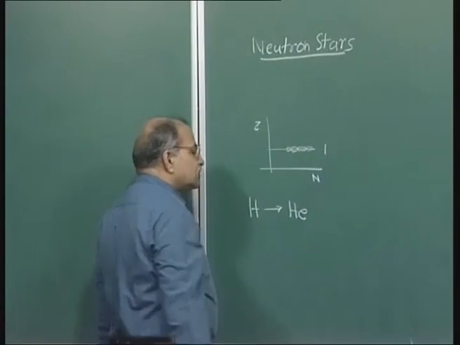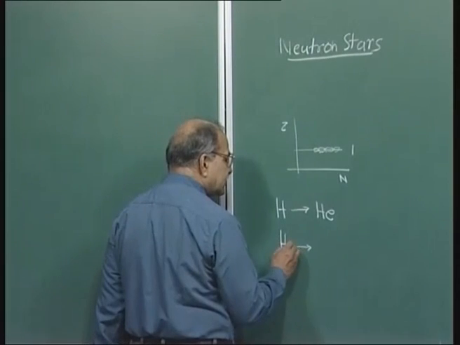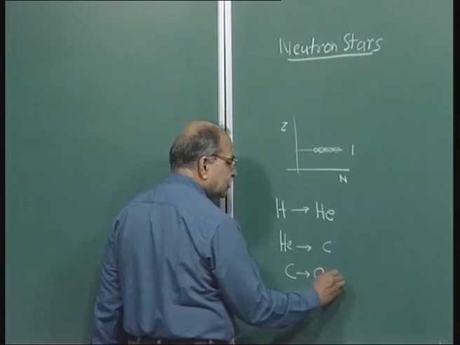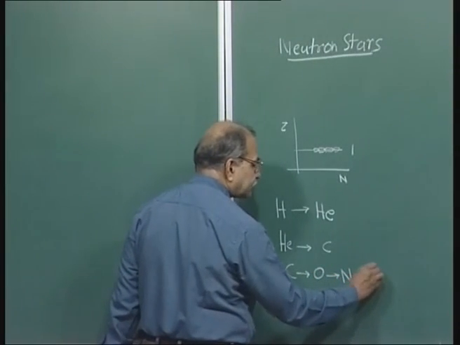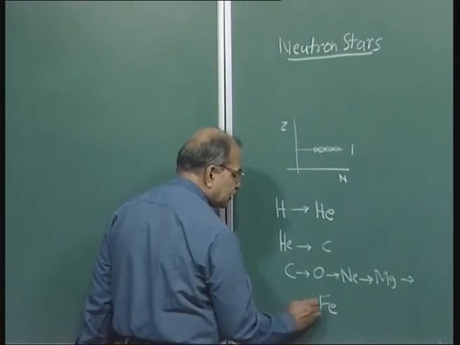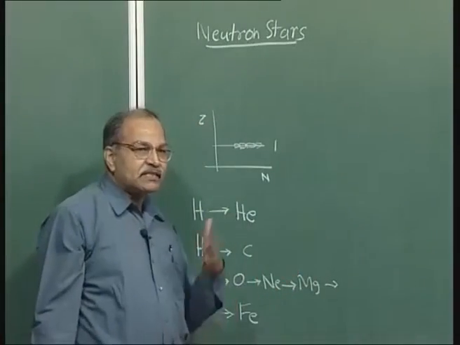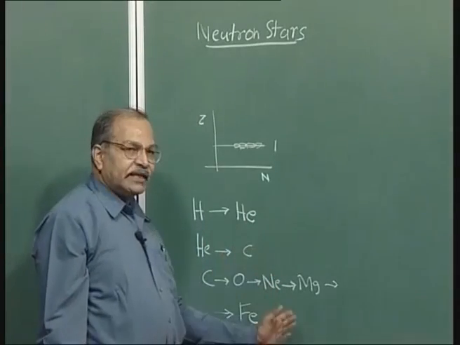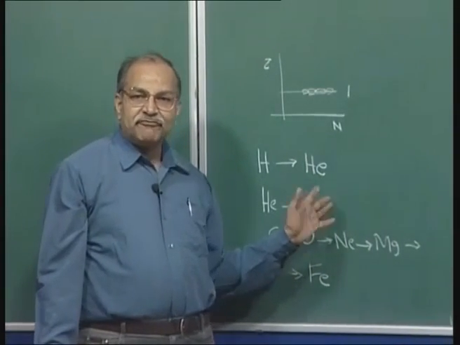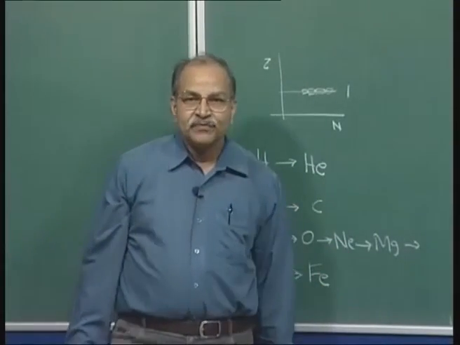So, hydrogen goes into helium, and then next phase is this helium goes into carbon, then the next phase is carbon, oxygen and neon and other things, and finally it comes to iron, after which fusion is as such not possible. So, depending on the mass of the star, the things can stop anywhere. In our sun, the thing will stop after this carbon. Okay. But if the mass of the star is much larger than this, then all this can happen,